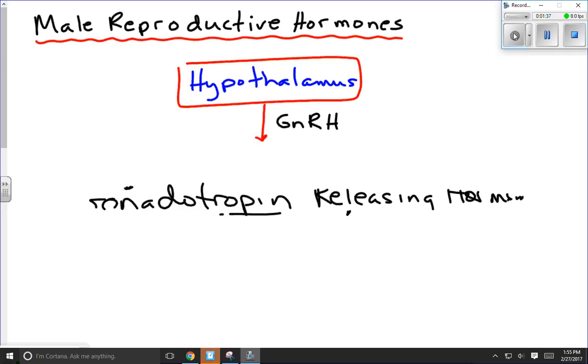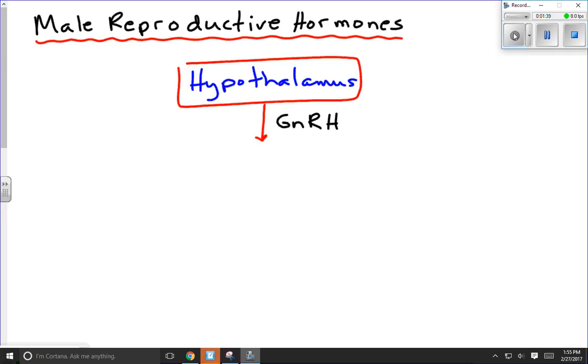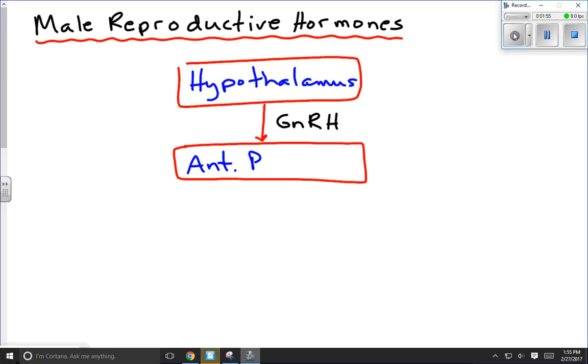So, gonadotropin releasing hormone is not a gonadotropic hormone. It causes the release of gonadotropic hormones. So the target of GnRH is going to be the anterior pituitary. The anterior pituitary is going to respond by making two gonadotropic hormones. The two gonadotropic hormones, the hormones that will seek out the gonads,